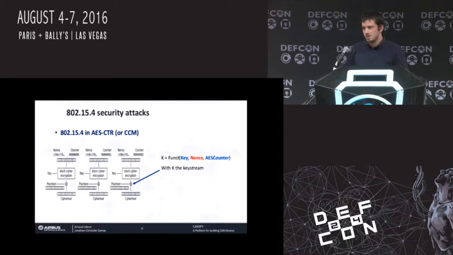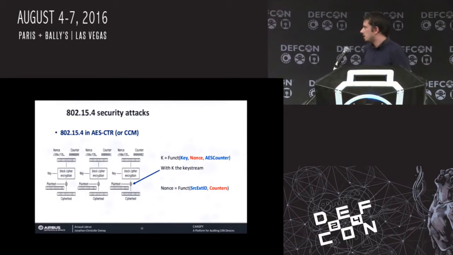One main concern with that, if we have several packets with the same keystream, we can do some cryptanalysis. So each packet should have a different nonce, a different keystream. The counter is an AES counter, so it's predictable, and the key is of course constant. So the nonce is a value that will change between packets and avoid the possibility to do some cryptanalysis with a lot of packets with the same keystream.